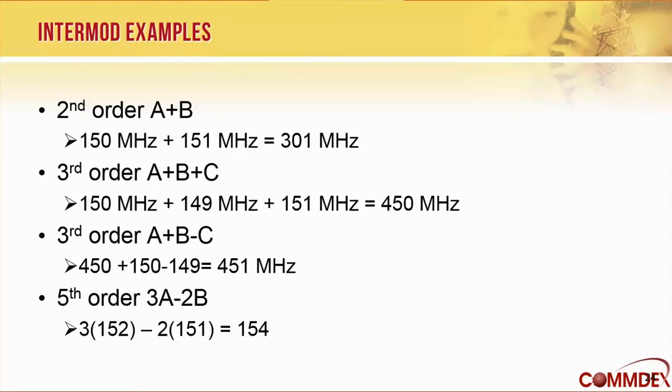It doesn't have to be exactly right. The math doesn't have to work out exact. If it's close enough to be an alternate or adjacent channel, then it could be an issue. So you can see there's all kinds of combinations. Well, how do we figure out all these combinations? Do we have to sit and do all the math for all this? Well, fortunately, there is software out there that will predict this, but software is only as good as the information you give it. So if you have an intermod prediction program,